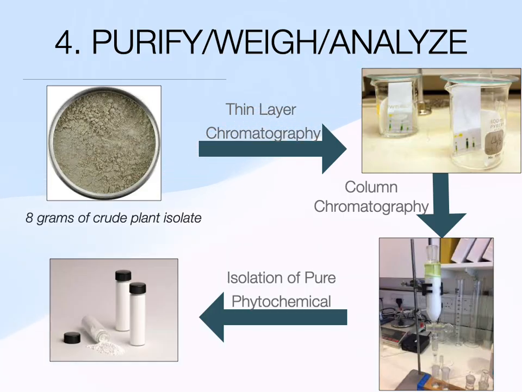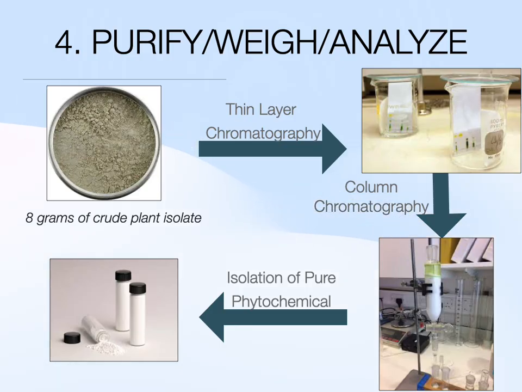Once the 8 grams have been obtained, it is further processed through another series or sequence of steps, 2 of which are referred to as chromatography. The word chromatography actually is defined as separation by colors. And in this case, what we're actually doing is we're separating the plant isolate on a more molecular or chemical